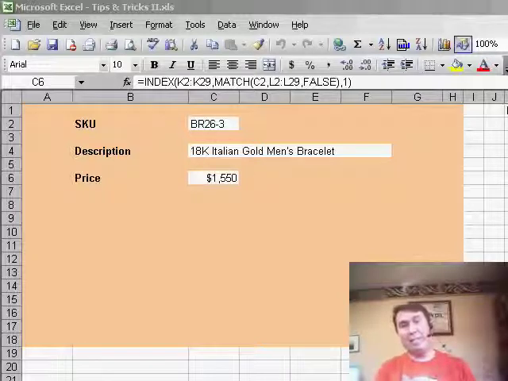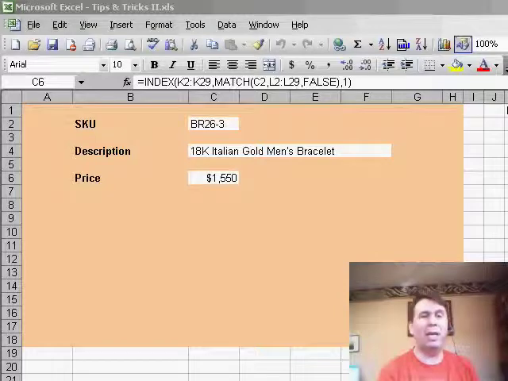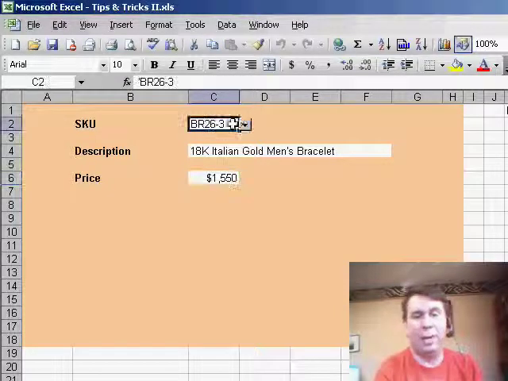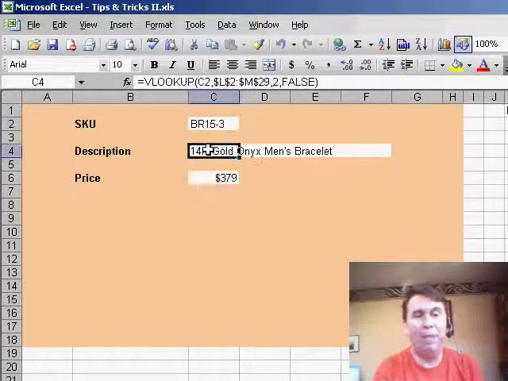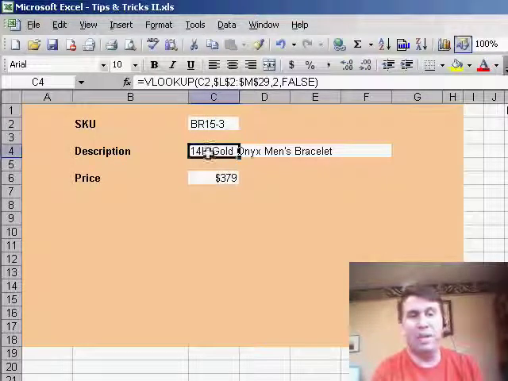For the past few podcasts, we've been talking about VLOOKUP, INDEX, and MATCH. And today I'm going to show you one more use of INDEX and MATCH. This happens when the table array is not formatted properly. Here we have an SKU, and someone can come in using the data validation dropdown and choose a different SKU. Our VLOOKUP here in C4 gives us the description, but somehow we need to be able to get the price